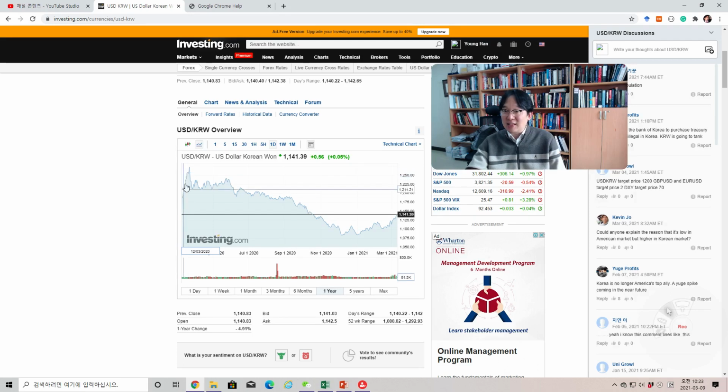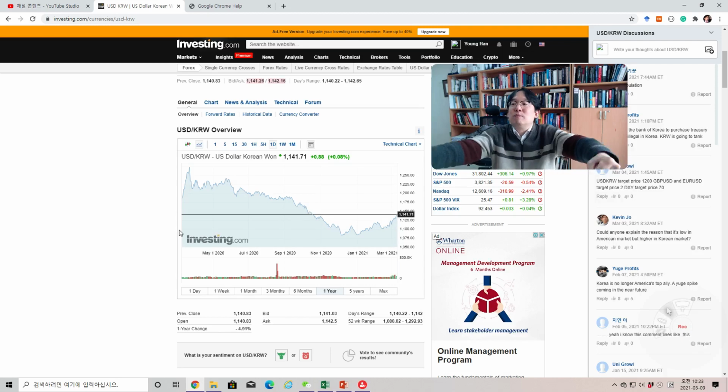At that point over here, when it was spiking high. Well, when the crisis happens, what happens in the international capital market? There's a flight for safety. Flight for safety, what do you mean? Well, the international portfolio managers pull out their money from the risky market, which is emerging